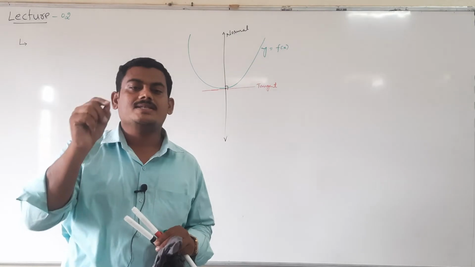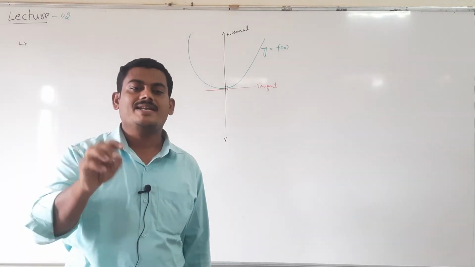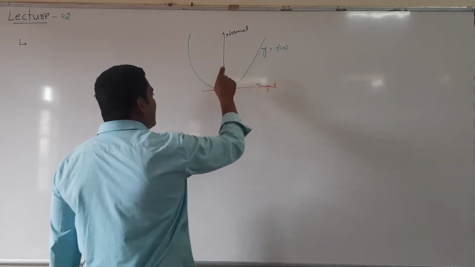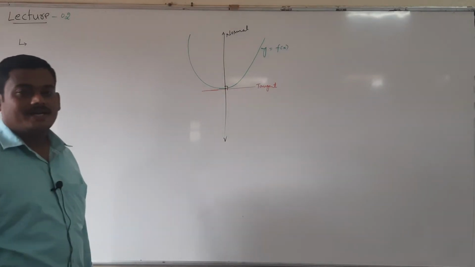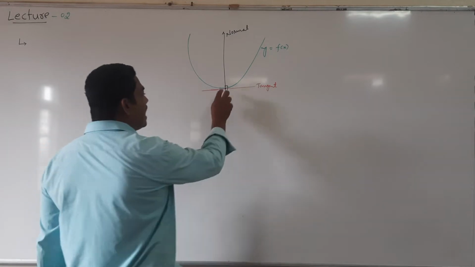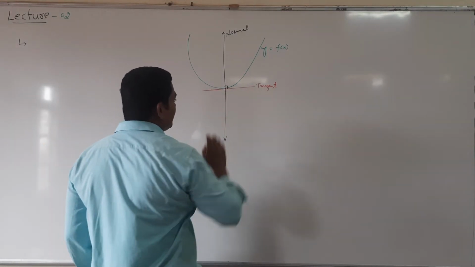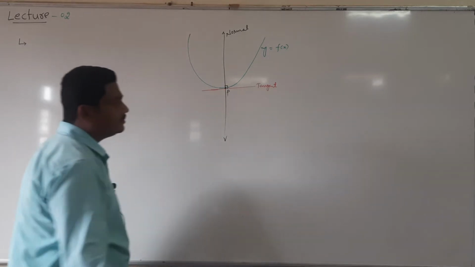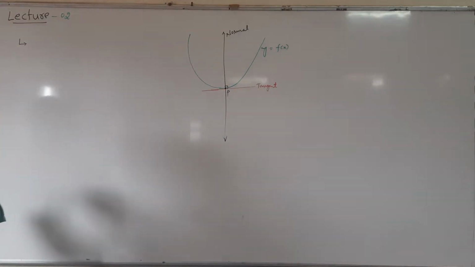A straight line that touches the curve exactly at one point is known as the tangent line, and the line which is perpendicular to the tangent to the curve at that point is known as the normal line. This is the point P, right? First point,